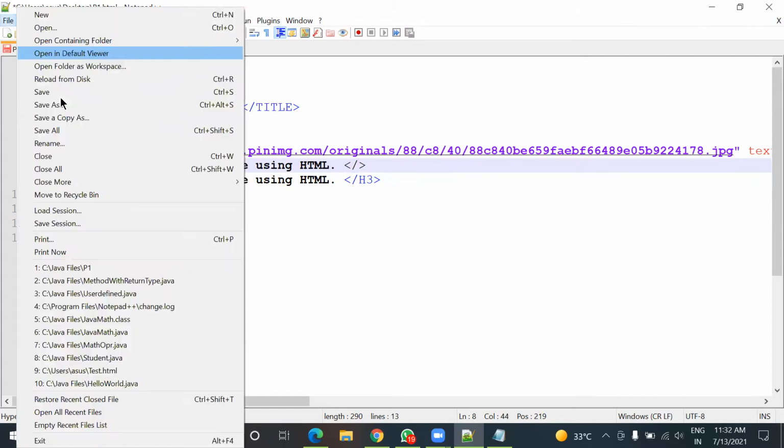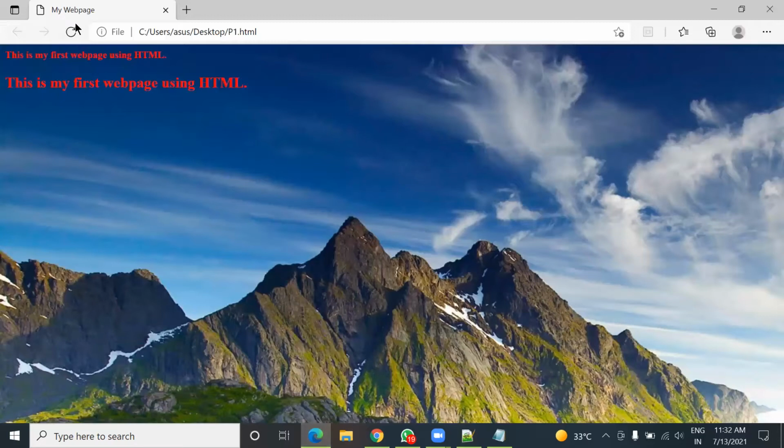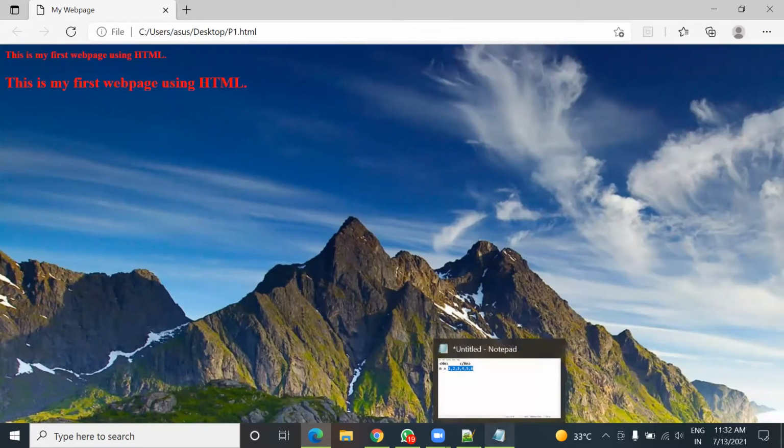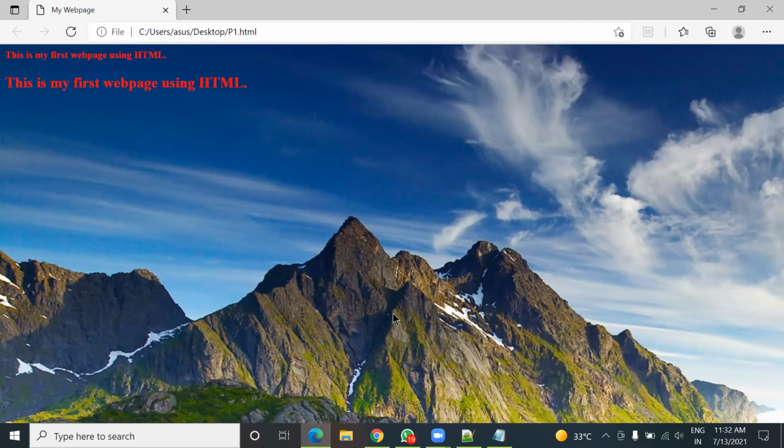Okay, see the change. Is there any change you can see? No, sir. So that is what happens in case of HTML. It is a loosely typed language. It has no strict rules for the syntax like any other programming language.